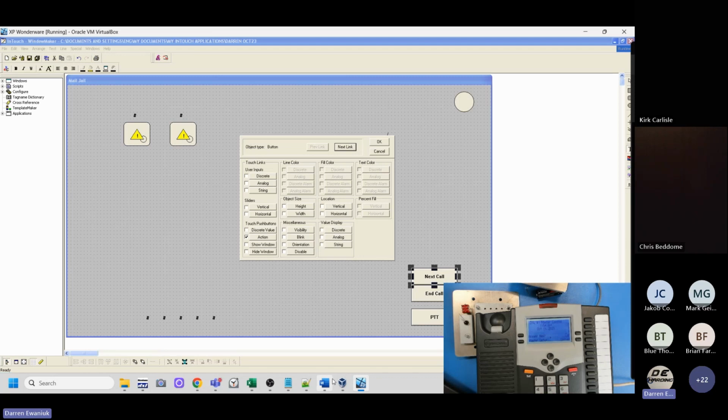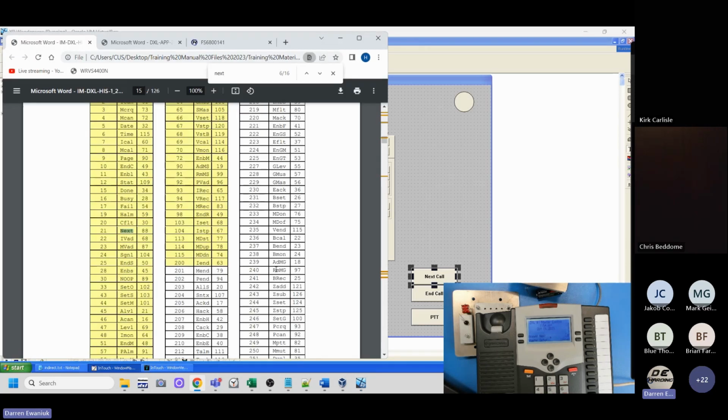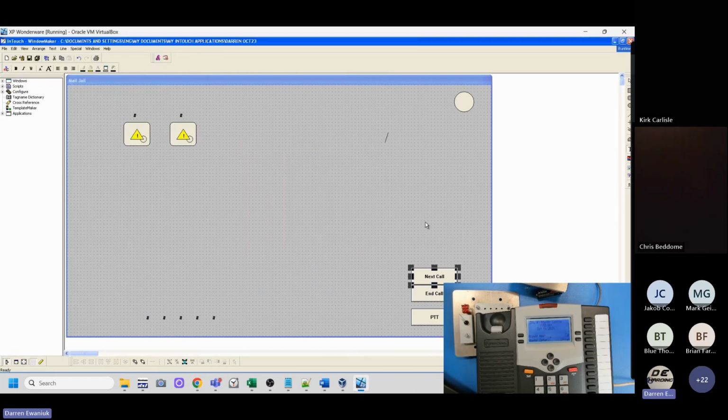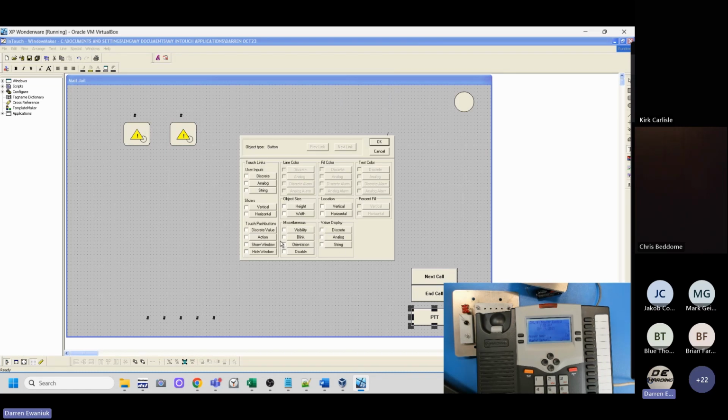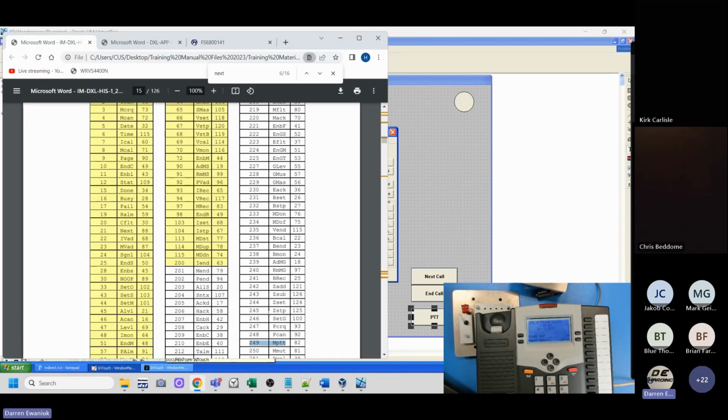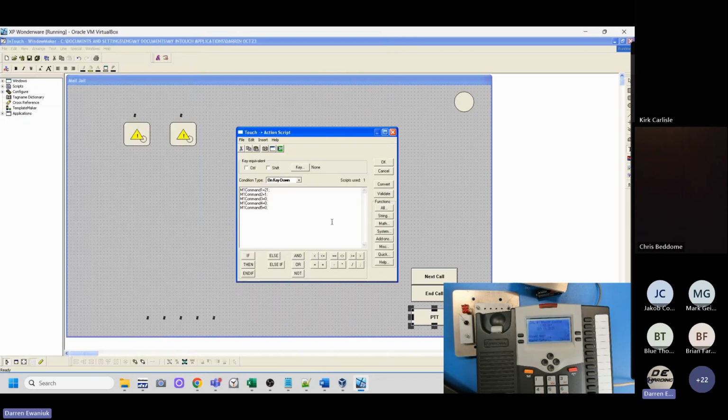So I'm looking when I do my reference here. Push to talk is command number MPTT. So that's this command right here, command 249. Click on this. So when I am holding it down, my memory is 249. When I'm holding it down,